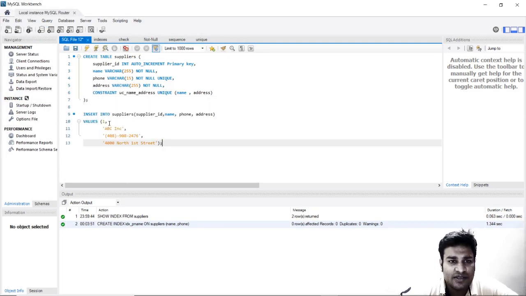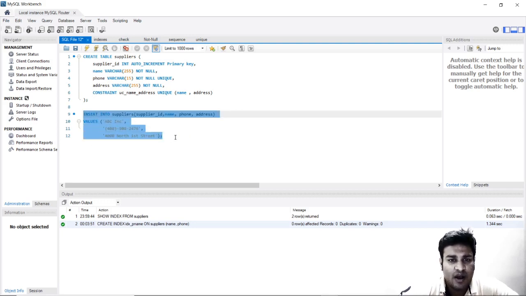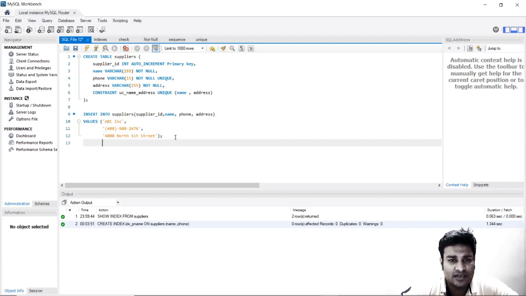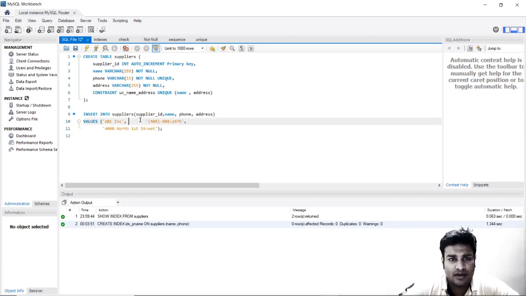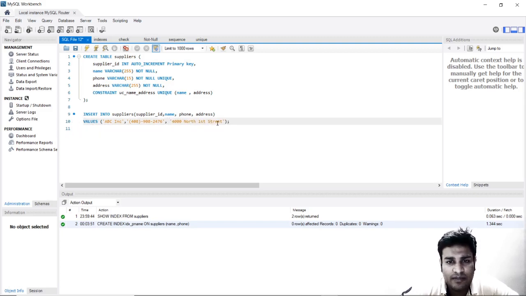We are using the auto increment feature, so we do not require this, and we are having the phone number as unique. Okay, so now what I will do is put them in a single line, and rather than just putting up a single value, we will put up multiple values.